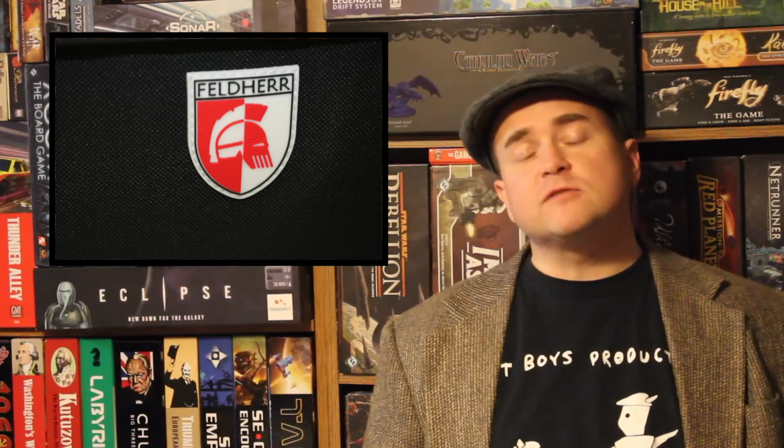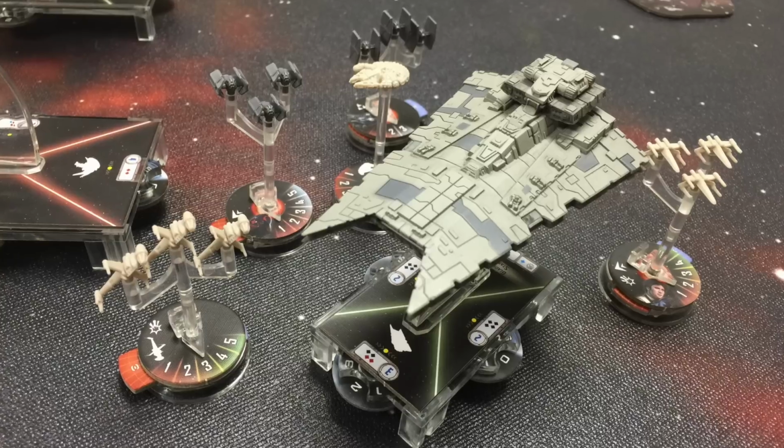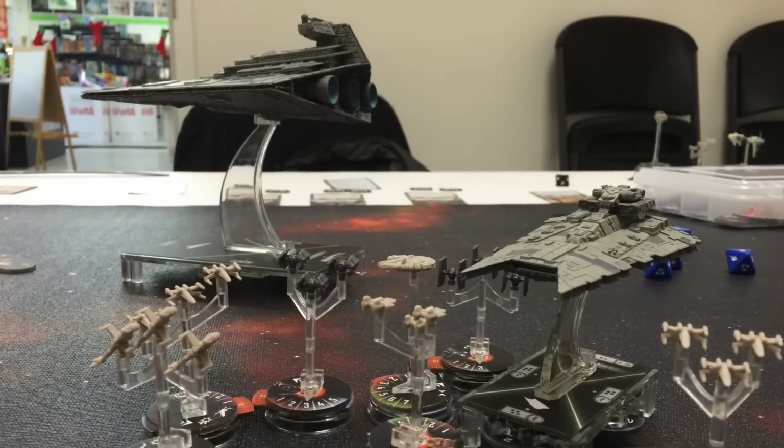As I say, I love Star Wars Armada. It is consistently one of my top 10 games of all time, and every year I do it. I was a big fan of X-Wing, but I think Armada is a superior game. It's just more strategic. I just like that big fleet epic battle, and of course, I love the Star Wars